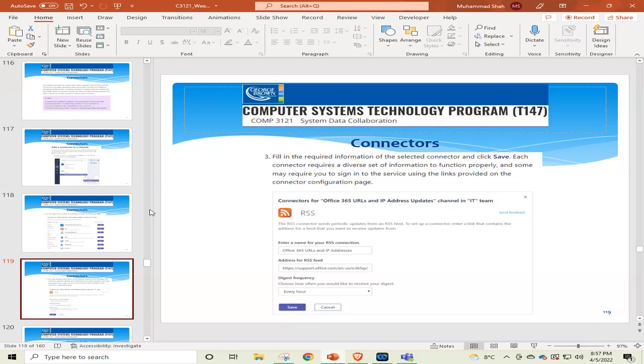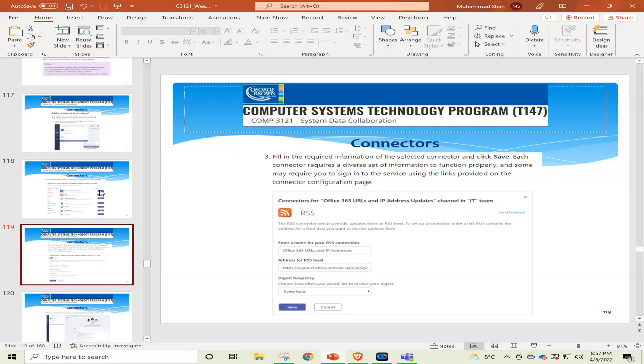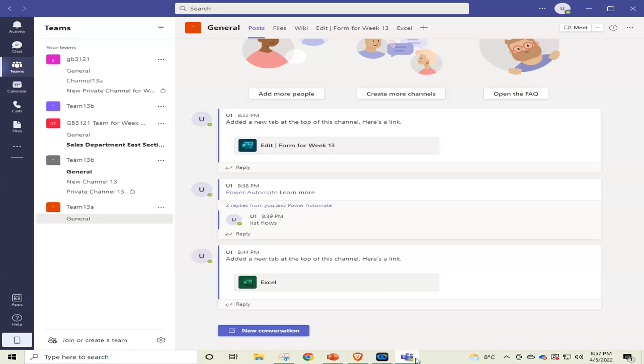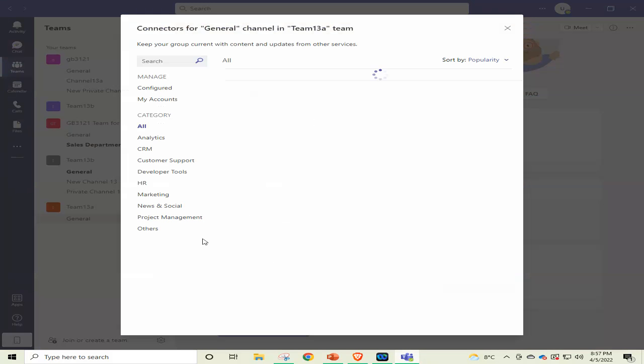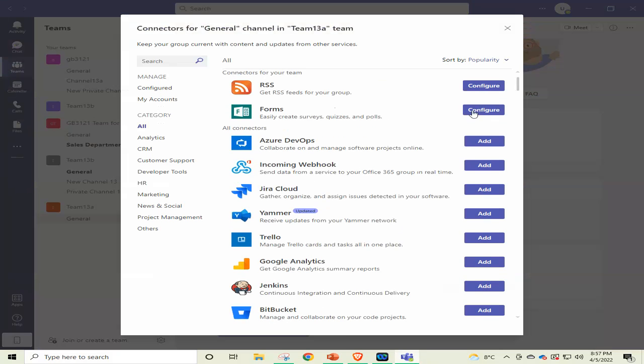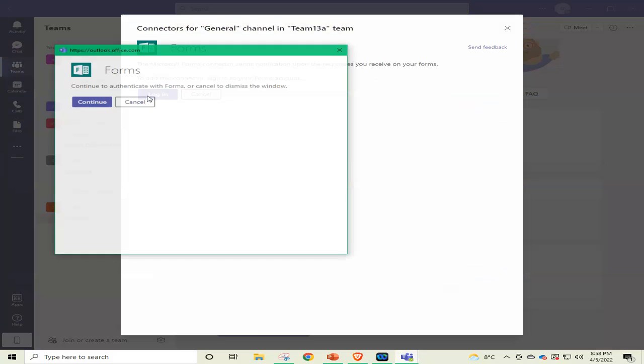First of all, we tried the other one, PowerApp. No, we tried Forms, which I can try with you guys once again. I have tried it before and that was working. So connectors, and we connect Forms, configure, login, continue.